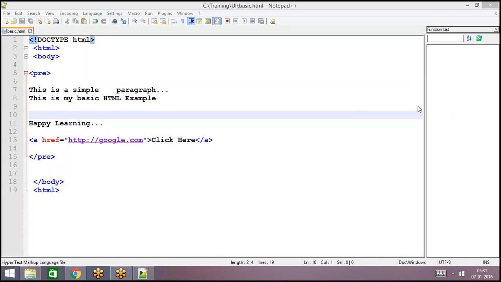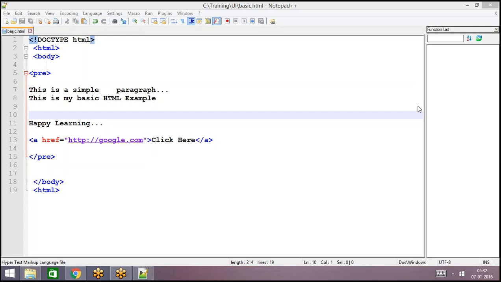Ma'am, can I talk now? Yeah, no problem. Actually, I think if everybody is already aware of HTML and CSS, can we just move on to JavaScript? If everyone in the group is aware of both HTML and CSS, we can directly start the JavaScript, right? Yeah, I can do that.